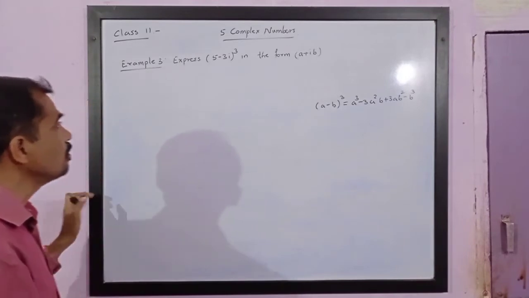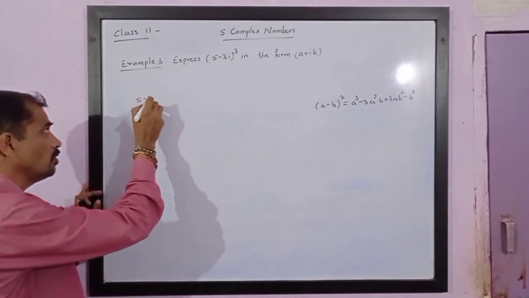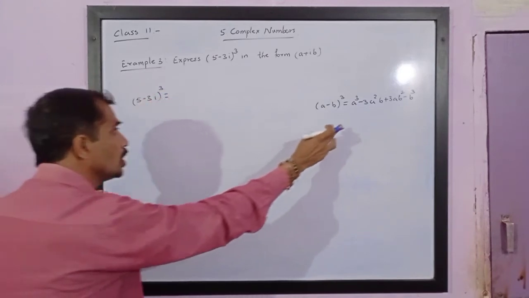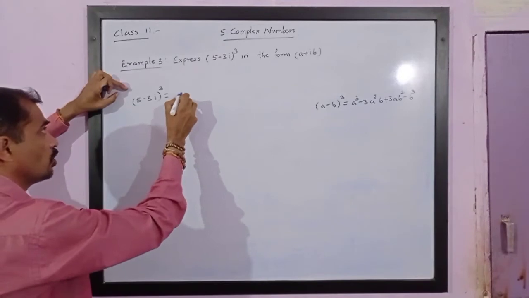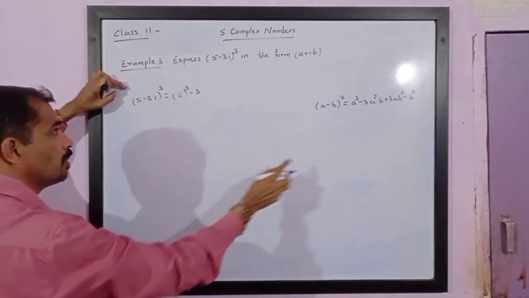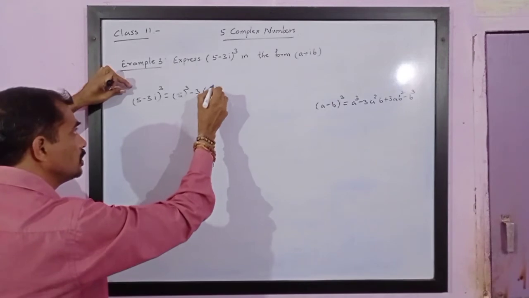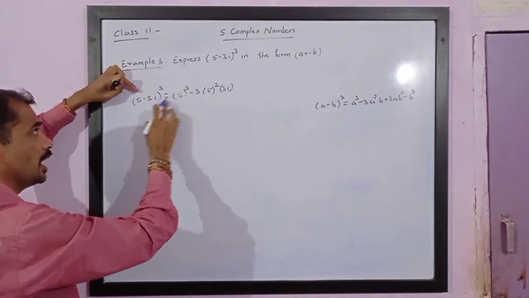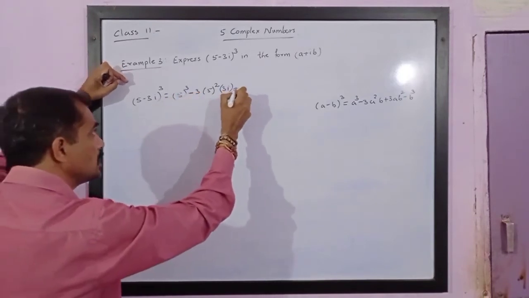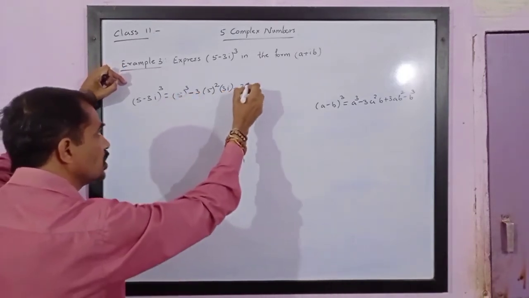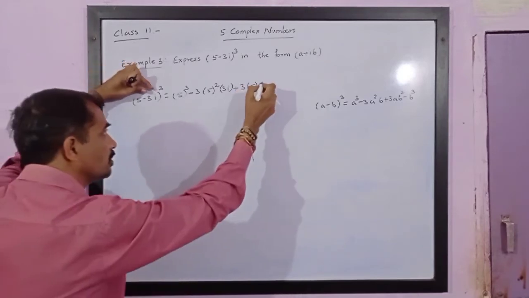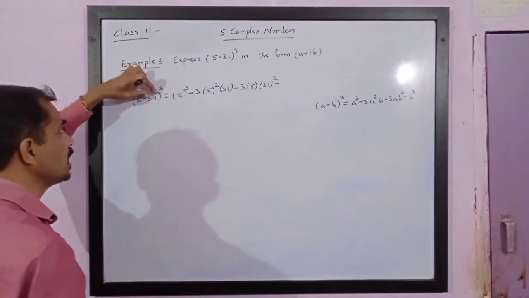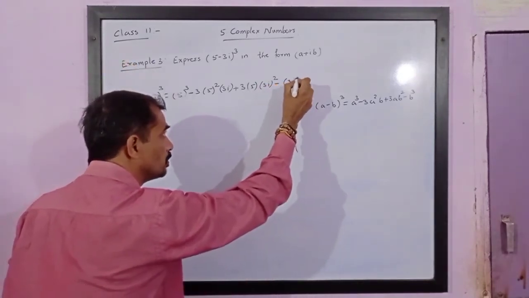So we will get 5 minus 3i bracket cube is equal to cube of the first term, that is 5 cube, minus 3 multiplied by square of the first into second term. Second term is 3i. Please note, we don't have to take the sign again. We have already taken the sign first. Plus 3ab square, first term as it is, square of the second, 3i bracket square, minus cube of the second term, that is 3i bracket cube.